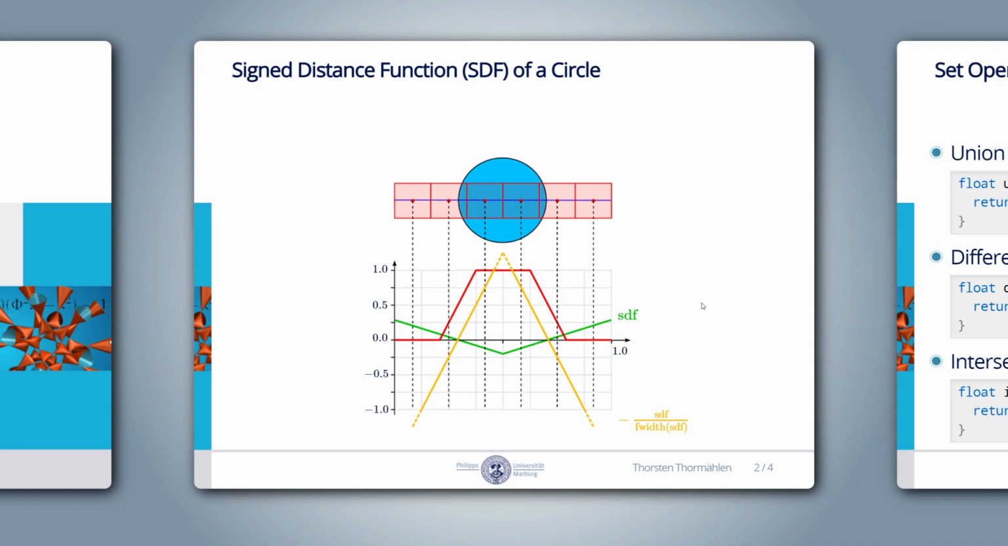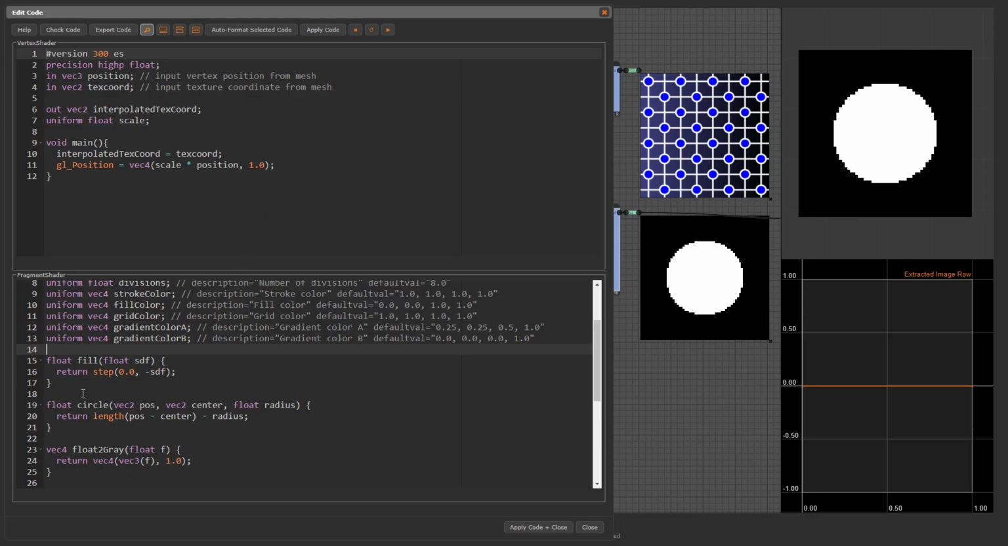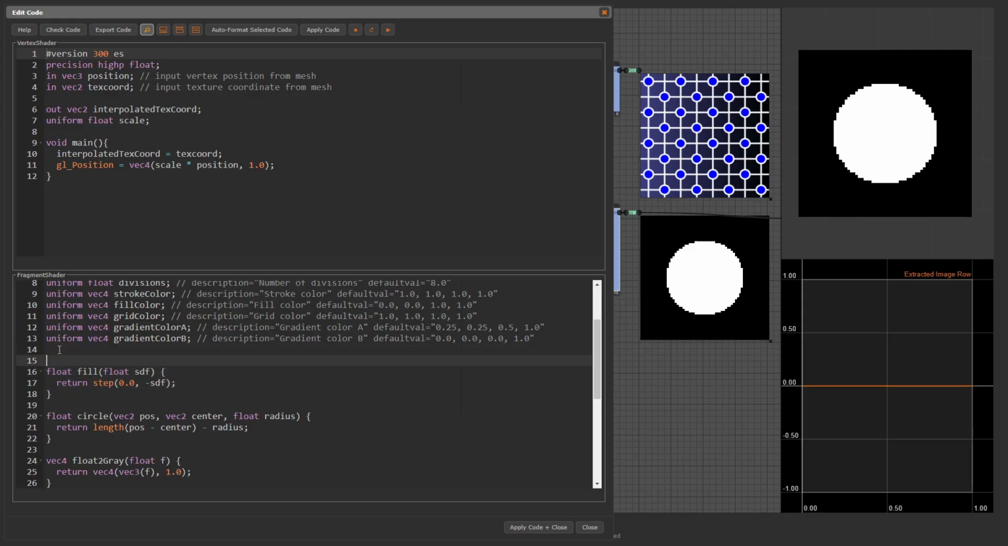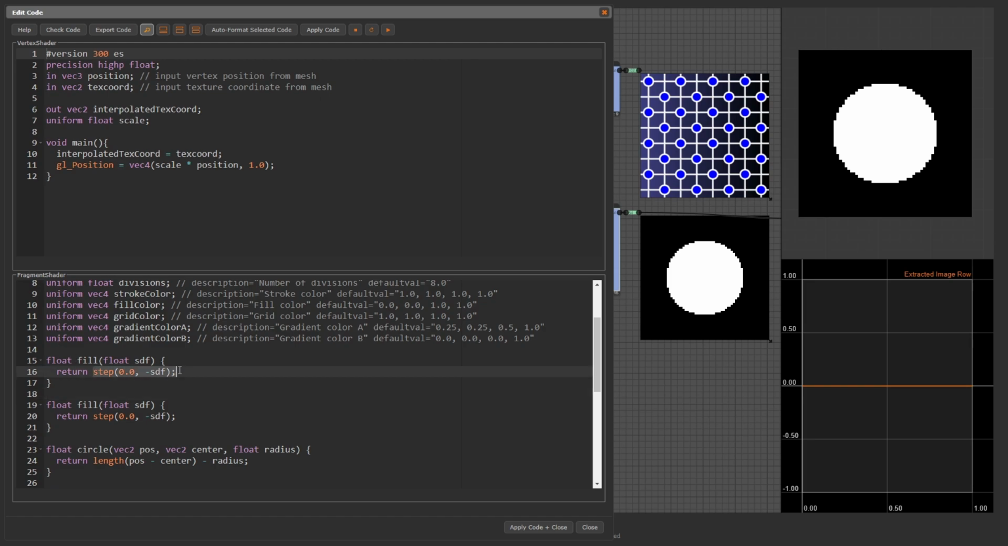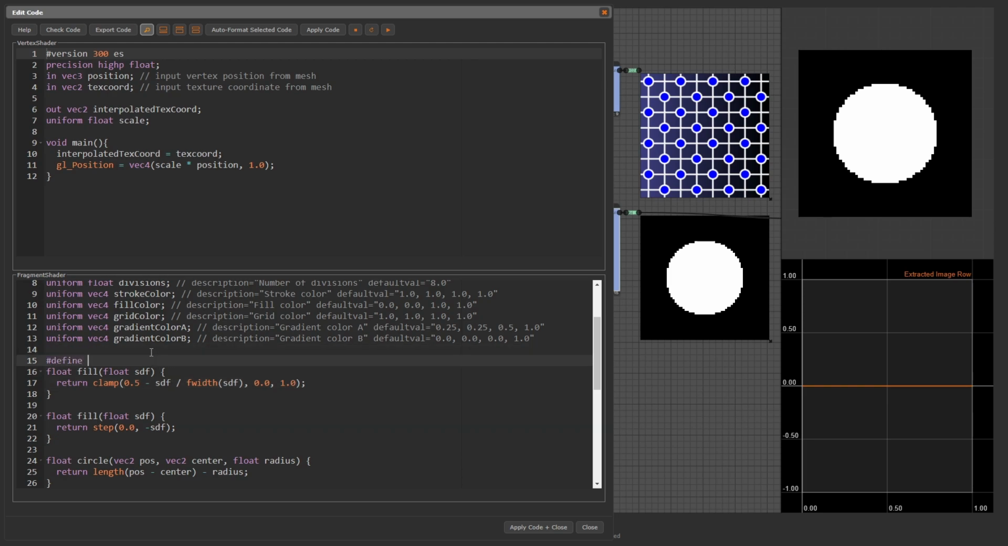Next we need to add 0.5 to move the curve upwards. Now the slope of the yellow function is perfectly aligned. Then we clamp to the range 0.0 to 1.0 and have achieved what we wanted. We implement this fill function in GLSL. float fill(float sdf) { return clamp(0.5 - sdf / fwidth(sdf), 0.0, 1.0); } We also define a macro